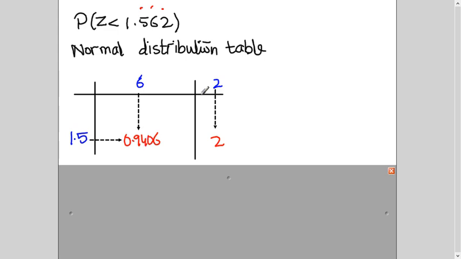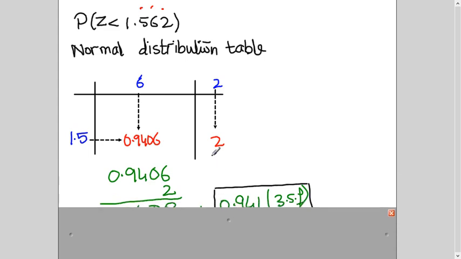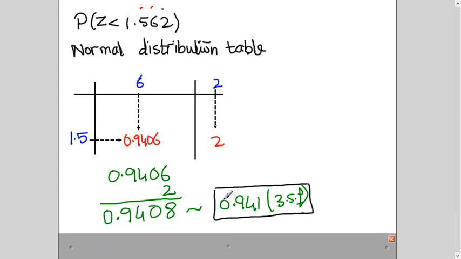0.9406. And for the third decimal place, 2, you read, it is also 2. It's not always the same, it's in this case only. So now you will add up these two, and this goes in the last unit here, right? In addition, do not add 2 plus 0.9406, okay? So this is how it is added. So you got the probability that the total time to build one house is less than 6 months, is 0.941.